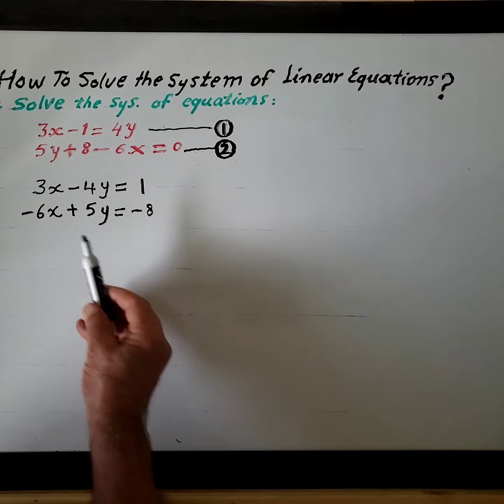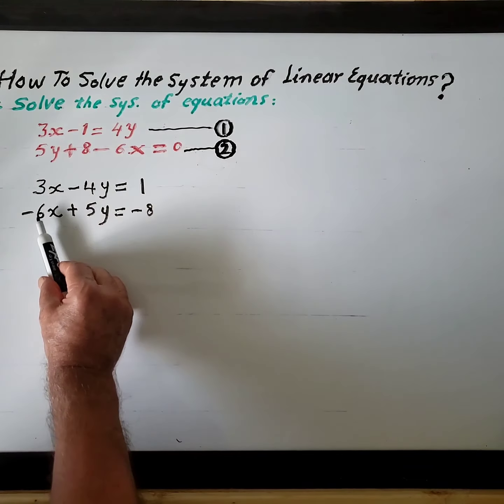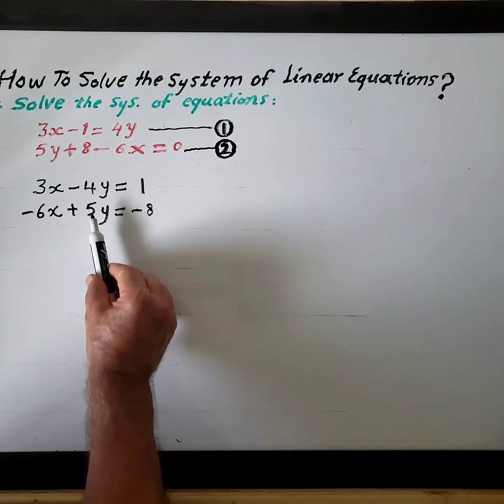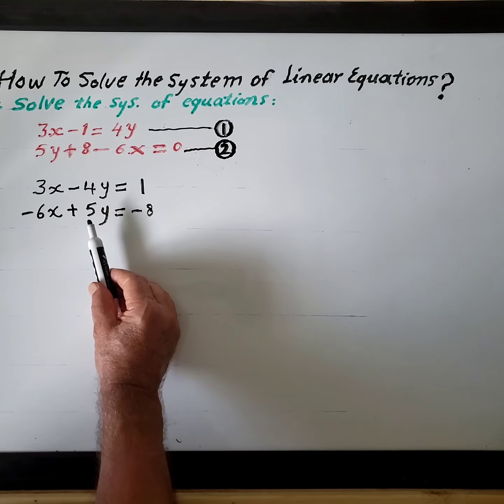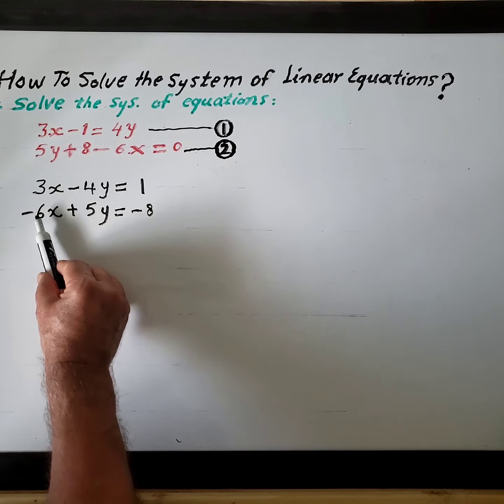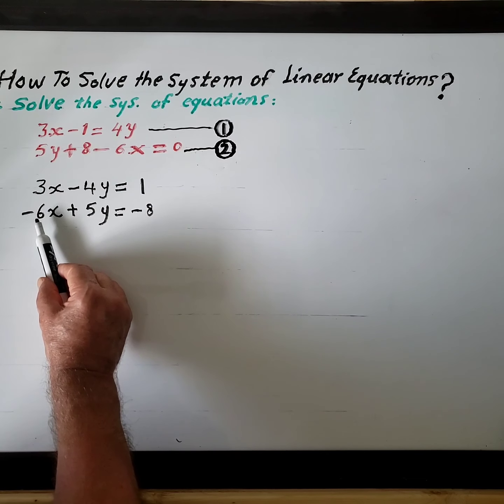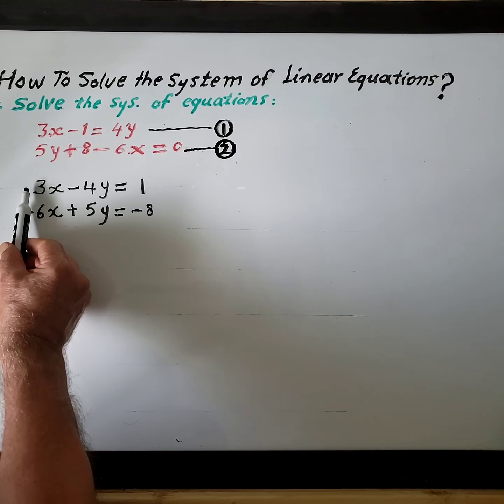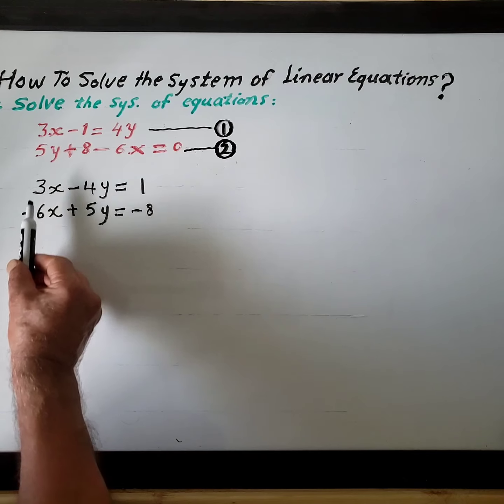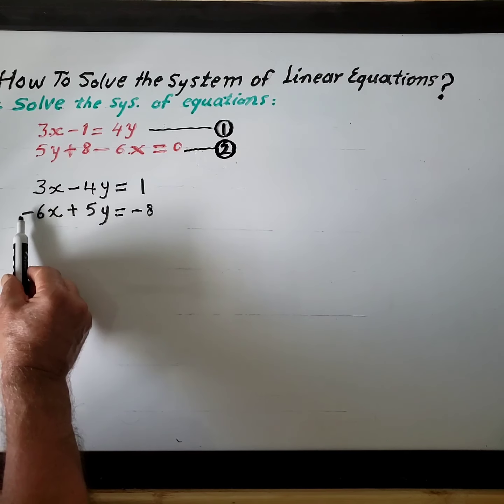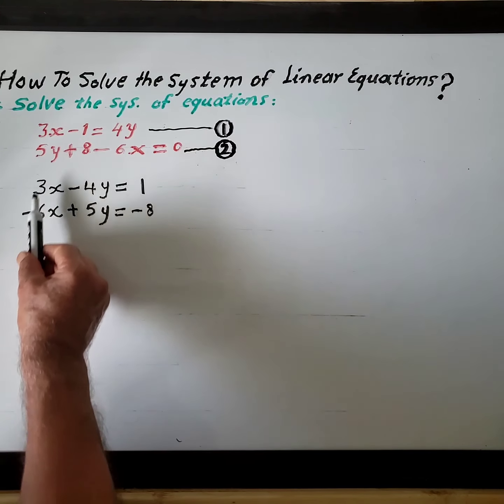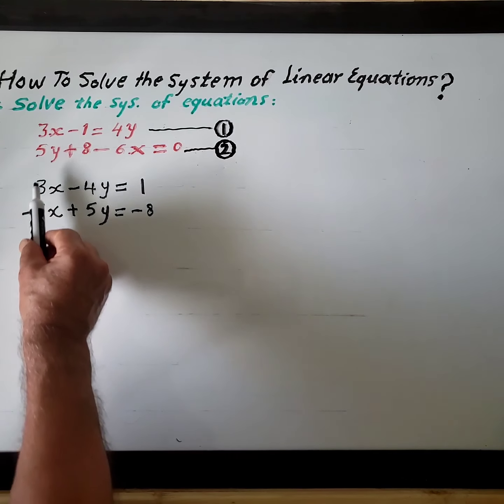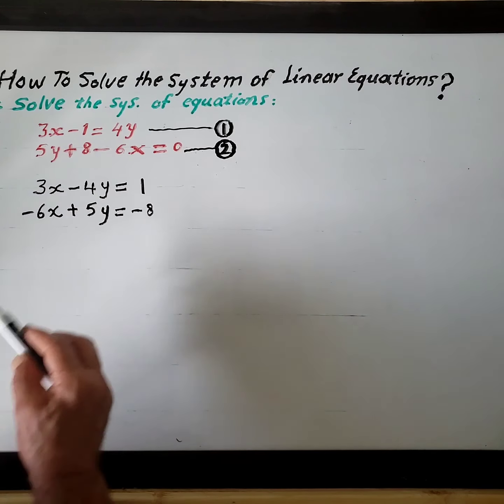Now I need to make the coefficient of x's equal or the coefficient of y's equal. I see it's easier for me to make it for x's. Like here, multiply by 2, so it will be 6x. And here 6x and minus, too easy. When we add the two equations together, they will cancel each other. So I will